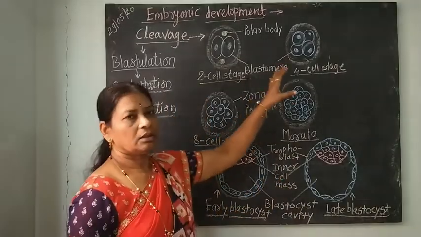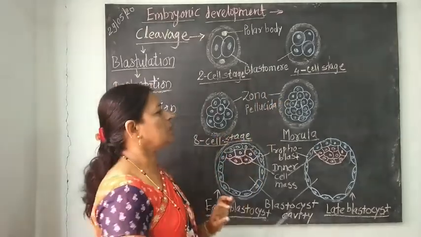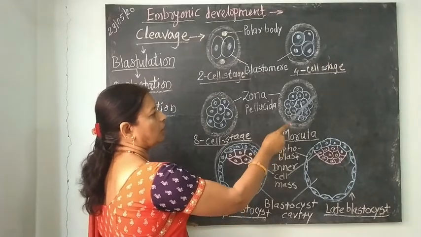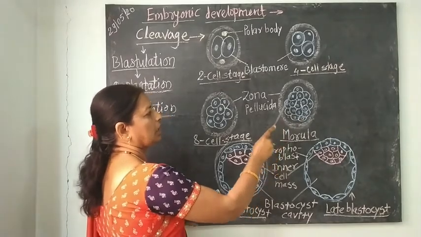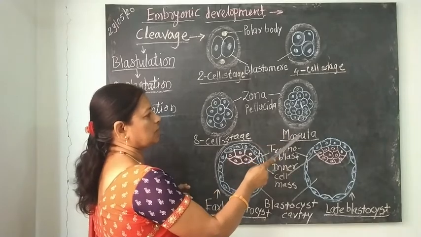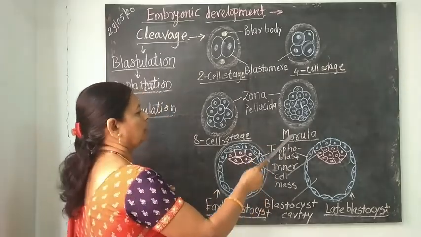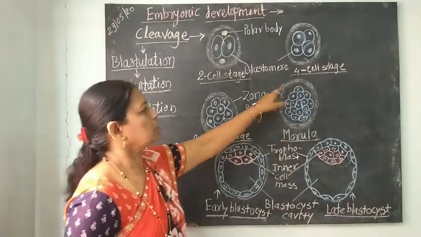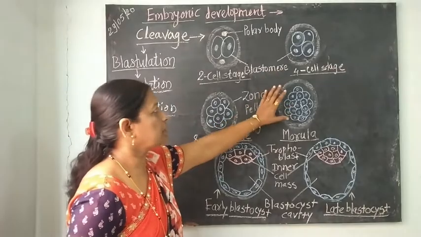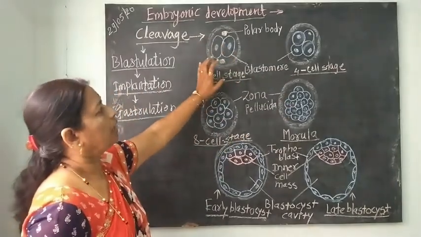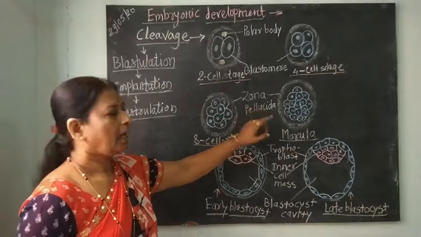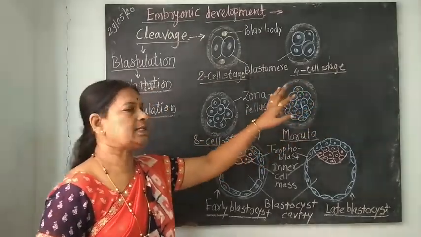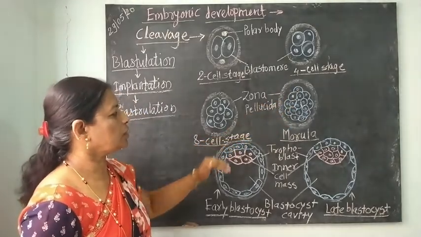Thus a number of different cleavages take place. Now see here, the central or inner cells are larger and the outer cells are smaller in size. Then this process continues into the next stage. In this morula, the zona pellucida is present. The size of the embryo remains as it is because the zona pellucida is present. Only the division of the cells takes place. Then it continues into the next